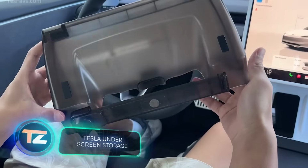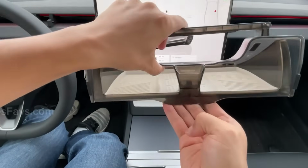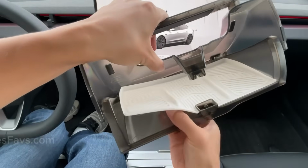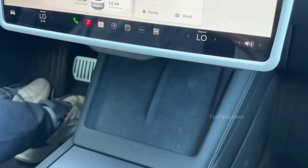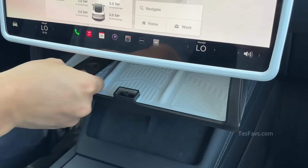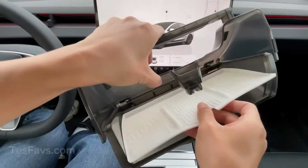Tesla owners know there's empty space under the central screen that begs to be used. The Tesla under-screen hidden storage isn't some cheap magnetic box that rattles over bumps. It's built with premium bolted mounting and a push-to-open damped system like you'd see in luxury furniture. Press it and the drawer glides out in silence. The exterior is acrylic with a leather texture, while the inside has non-slip TPE liners made of the same material